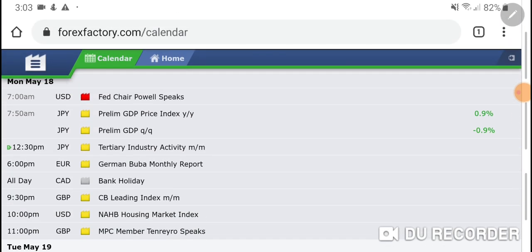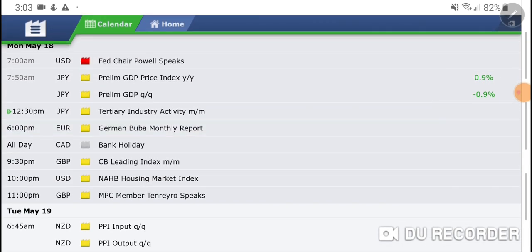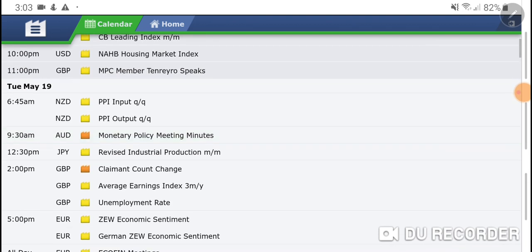So let's take a look at the calendar. Monday, very chill ang Monday natin kasi bank holiday ng Canada. Wala masyadong news. Pero lang sa JPY and sa USD where si Powell nagsalita. Pero other than that, it's a very clear Monday. Tuesday, we're looking at